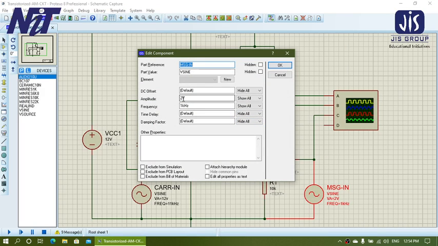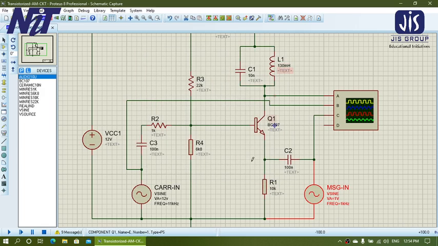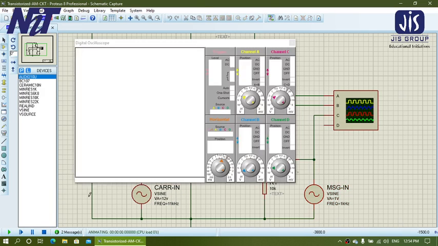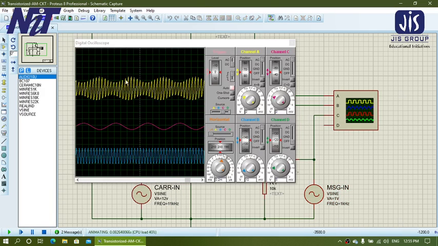This is 2 volt. If we make it 1 volt, definitely it will result in a lower modulation factor. After changing any parameters, you have to save it again and then run. Yes, you will see the modulation factor has decreased.